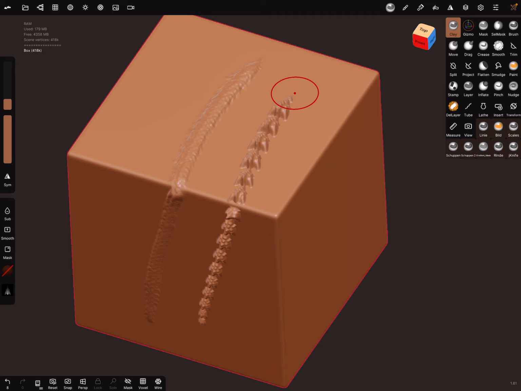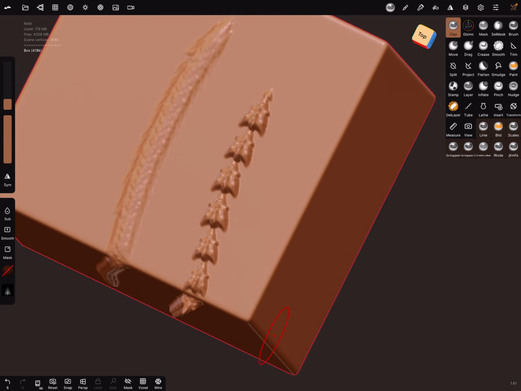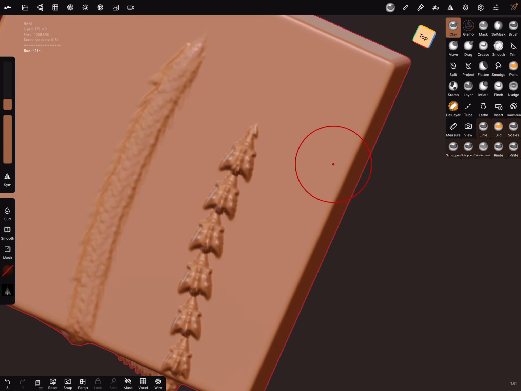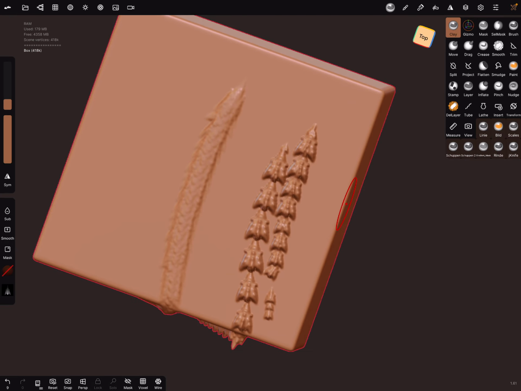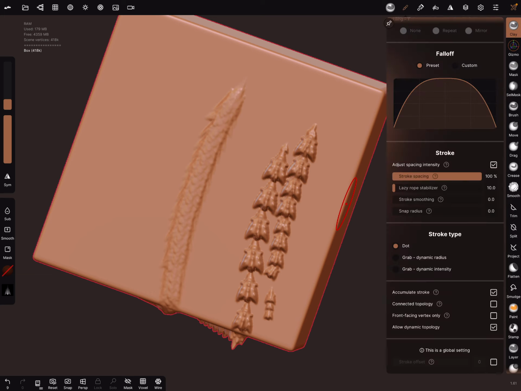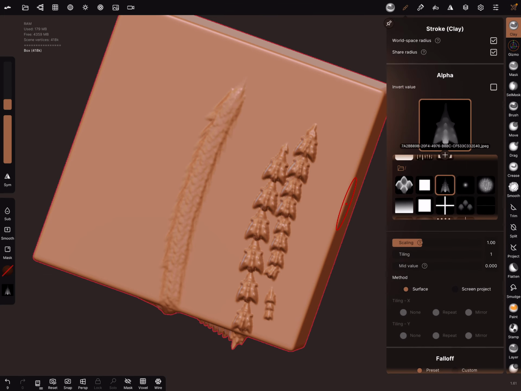Now it brushes the alpha one step after the other, and it creates a brush stroke like this.